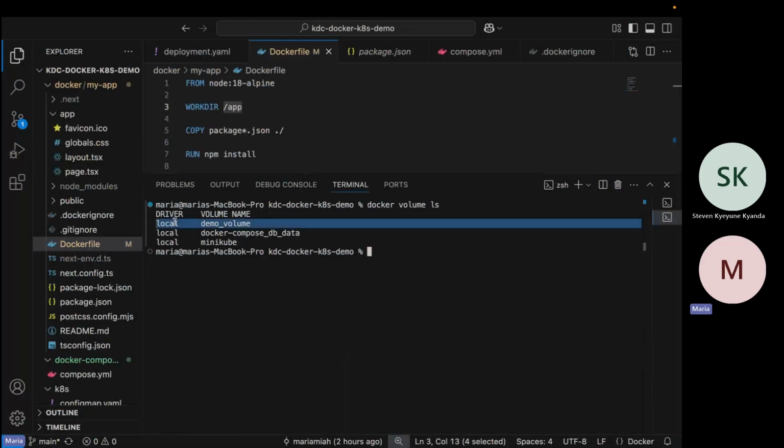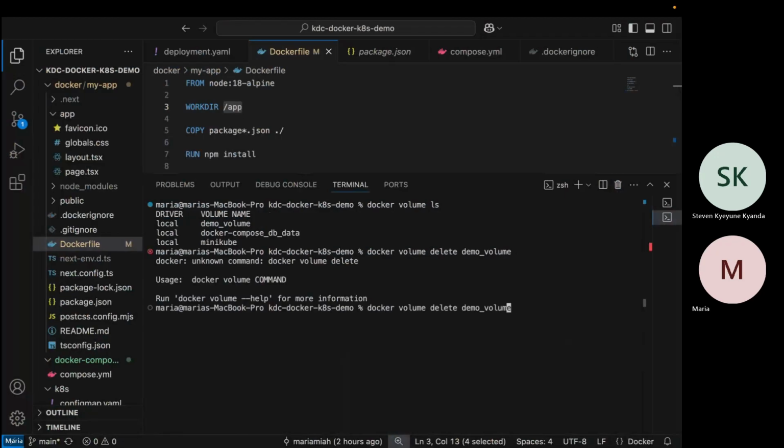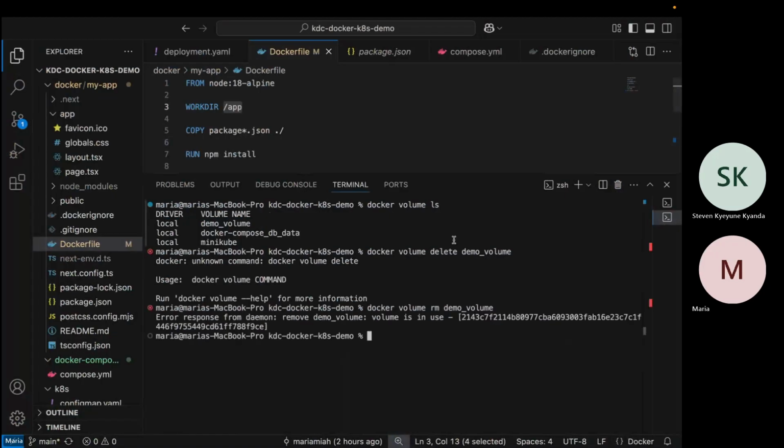So on my local, we have a demo volume, and these were created elsewhere, but you can also delete the volume. I think it's docker volume remove. Oh, the volume is in use by the container, so it can't be removed. So you have to first stop the container, delete the container, then remove the volume.